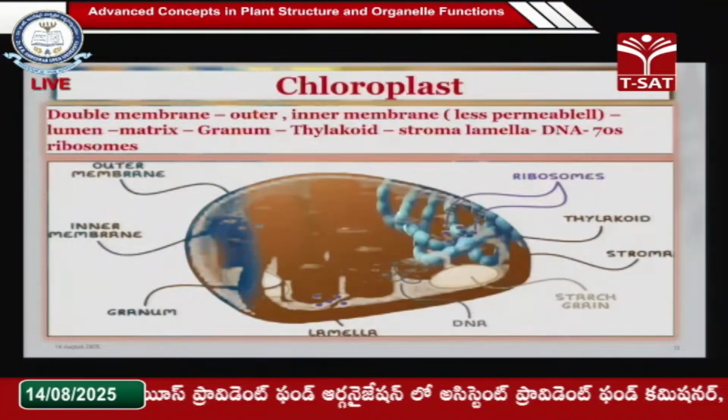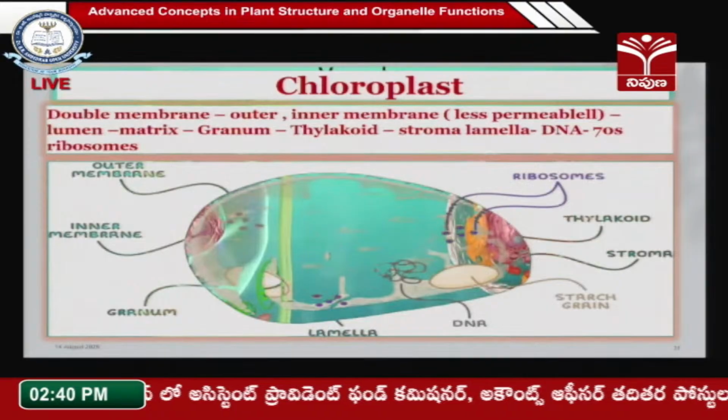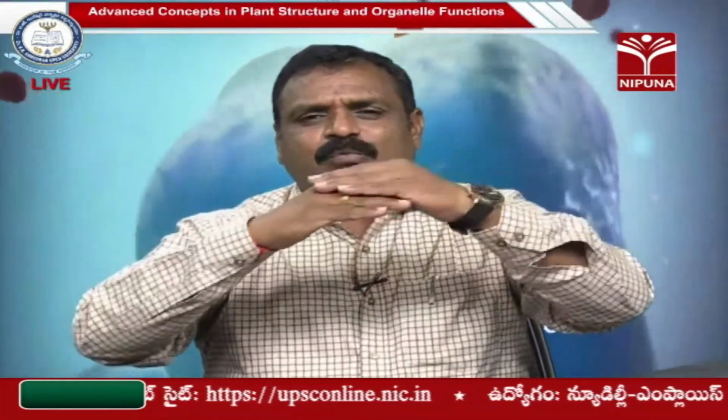The most important structure we are going to discuss here is the chloroplast. It is a beautiful structure, a discoid-shaped double-membranous cell organelle, most important for photosynthesis, that is the chloroplast. This chloroplast contains two membranes, the outer membrane and the inner membrane. Between the two membranes is what we call the periplastidial space. Inside, it is classified into two different parts. Number one, the membrane structures, which we call the thylakoid membranes. The thylakoid membranes, one by one, they are